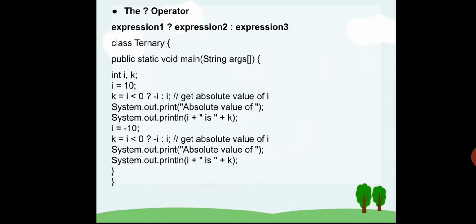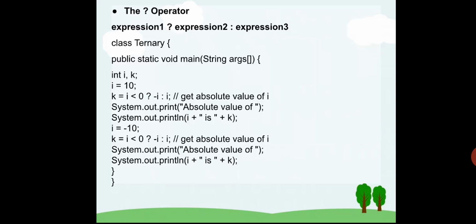So this is the ternary operator. There is nothing special here. Can you see the syntax? Expression 1 question mark, expression 2 colon, expression 3. What is the meaning? If expression 1 is true, then evaluate expression 2, or else evaluate expression 3. Instead of saying execution, I can say evaluation. So if expression 1 is true, don't get confused, evaluate expression 2, or else go for expression 3. You can just skip expression 2.